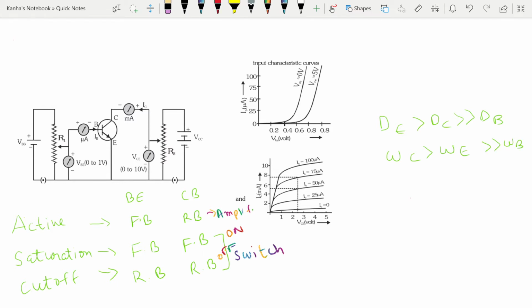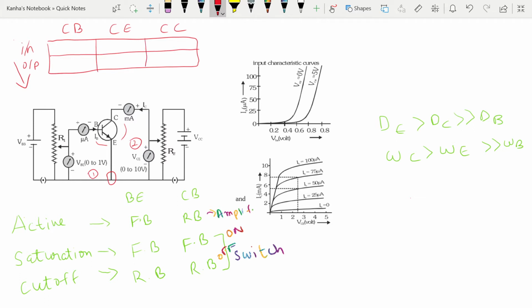Now as you can see, I have drawn the common emitter case here. This is the emitter which is common to both the EB junction and the CE junction. First junction is forward biased, the second one is reverse biased. Now I should make a small table for you guys which will be extremely useful during the examination. You should know what the input and output currents are in different configurations.